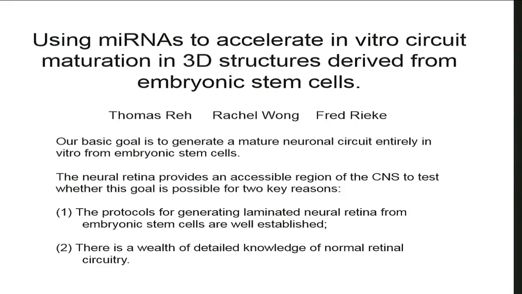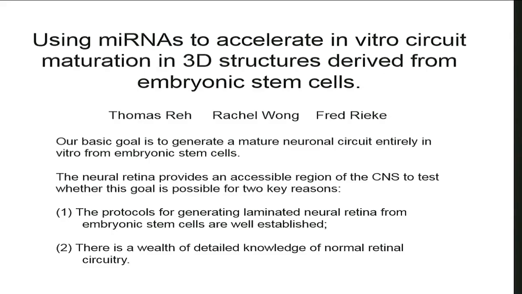In many of the organoid cultures that have been developed so far, synapses are made, but they're just at the beginning of being made in these cultures. And in general, in neural cells derived from embryonic stem cells, the process of making synapses and the formation of circuits is really not as well developed as one would like. So we thought, perhaps we could study this in the retina, where the characteristics of the circuits are really well described. By understanding just how well a retinal circuit develops, we might end up with principles that could allow us to make maturation of neural circuits more general.